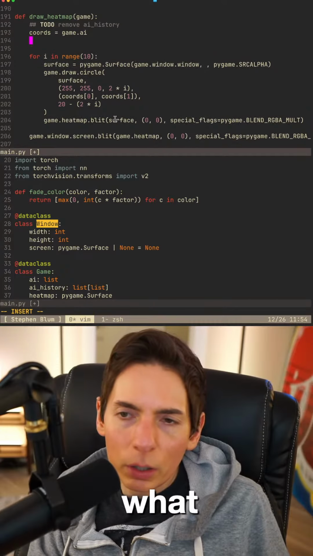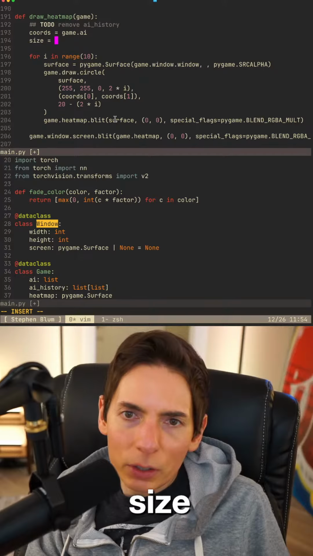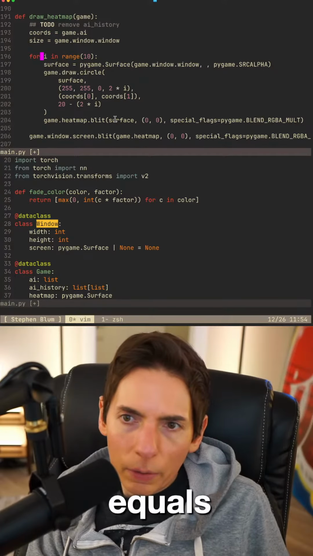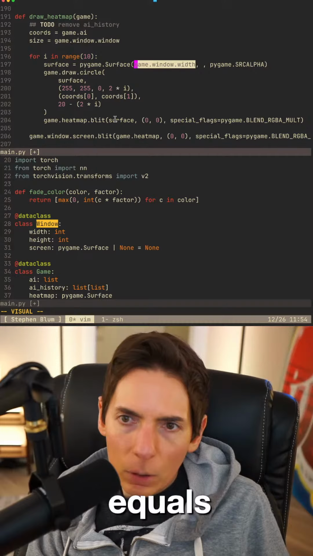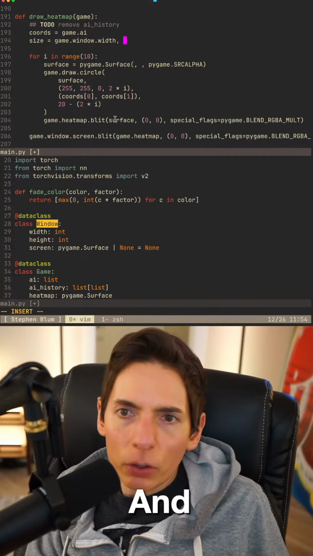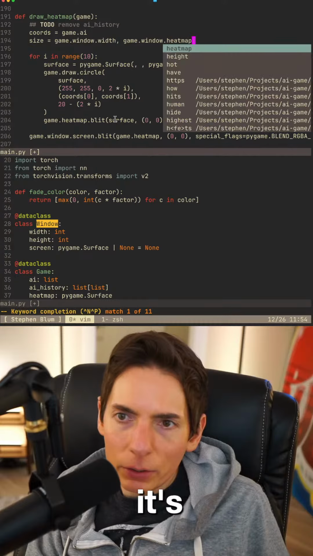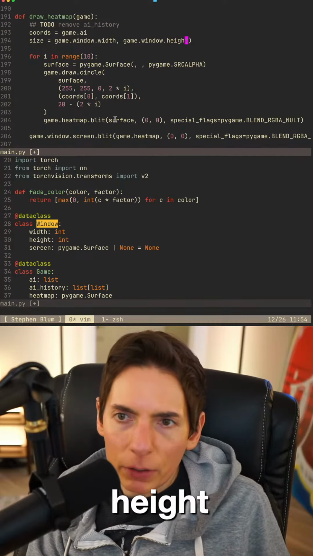You know what? Let's do screen. Let's do size. Size equals width. Like that. And also, same here. But it's called height. There we go. Perfect.